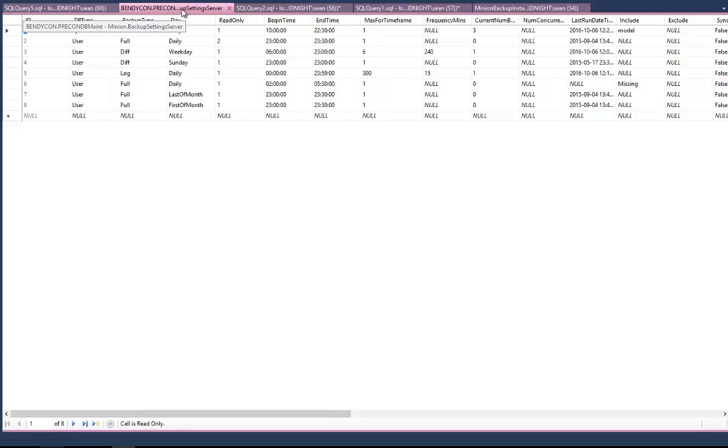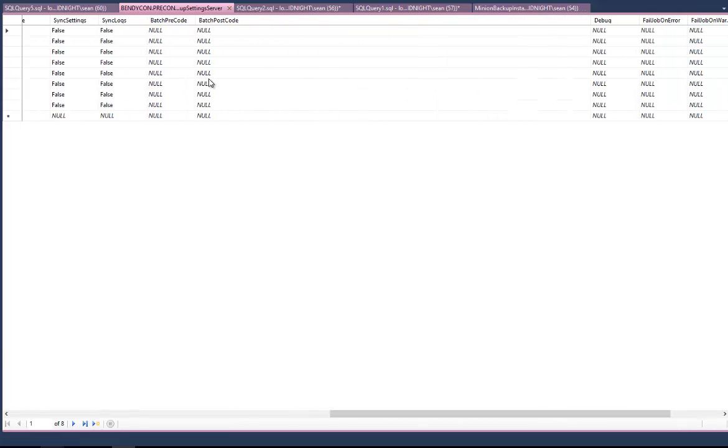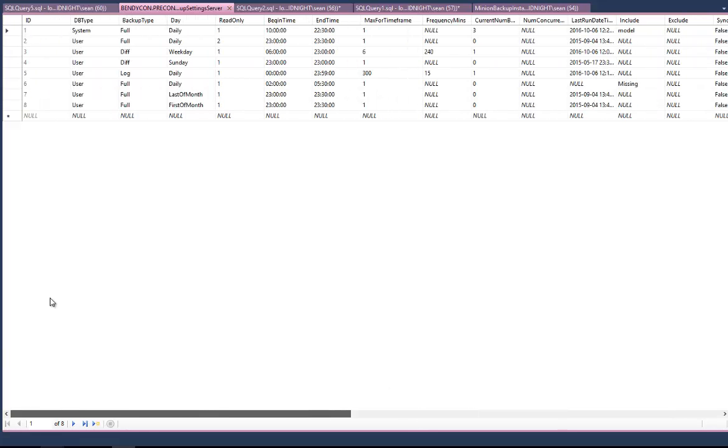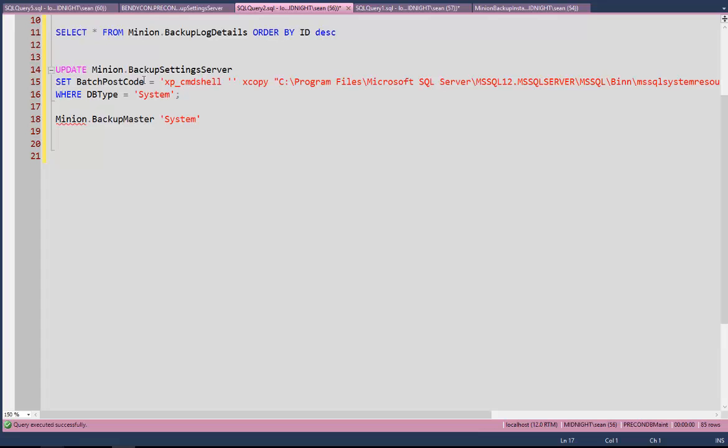So let's go into the scheduler table right here, and you'll see that I've got my system level backups right here, DB type system. And all the way over here I've got my batch pre and post code, and the post code is null right now, right? So all I'm going to do is insert this code. And now